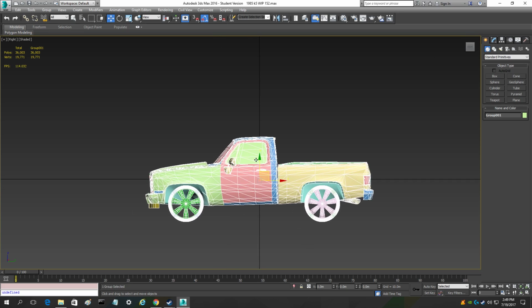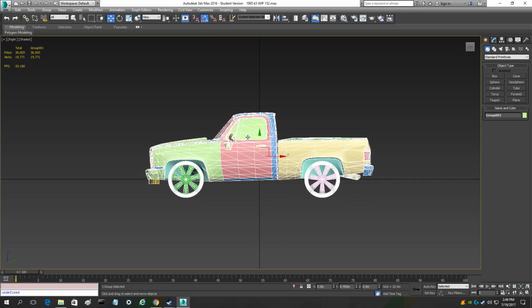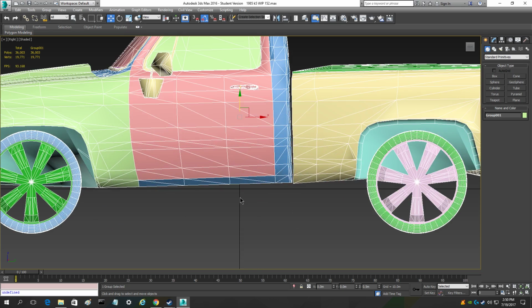Now you want to move the object up to where this line is underneath the vehicle,